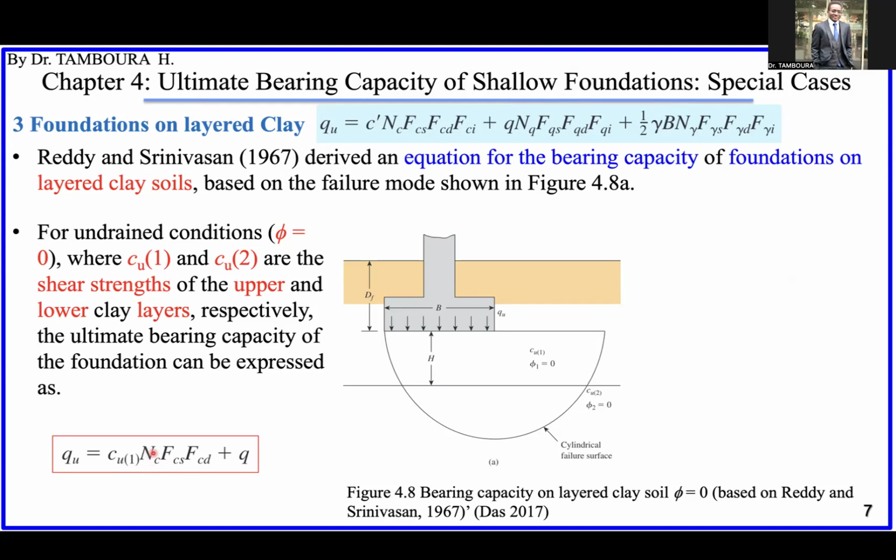Nc, I think you know already the name, it's the bearing capacity factor. Fcs is the shape factor. Fcd is the depth factor. We don't need Fcd here. Fci here is for inclination. We are supposing that the load is vertical, not inclined. In case the load is inclined, then you have to consider this